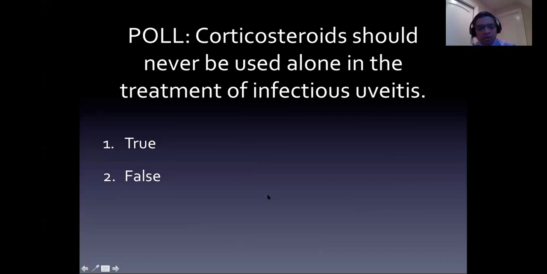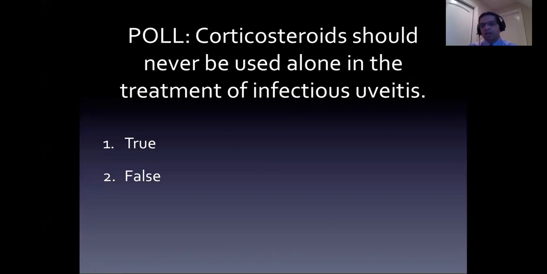Let's see what you all thought. Yes, corticosteroids should never be used alone. The key is alone. If you suspect that the patient has infectious inflammatory disease, you don't want to give them systemic, intraocular, or periocular corticosteroids. You should never, ever do that